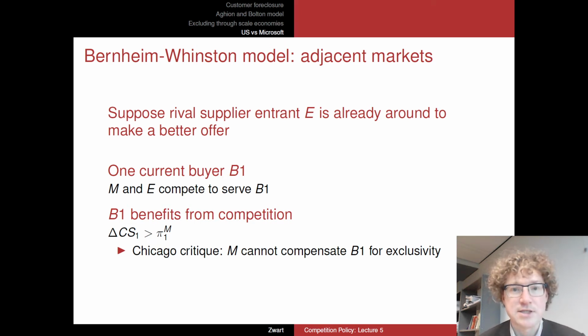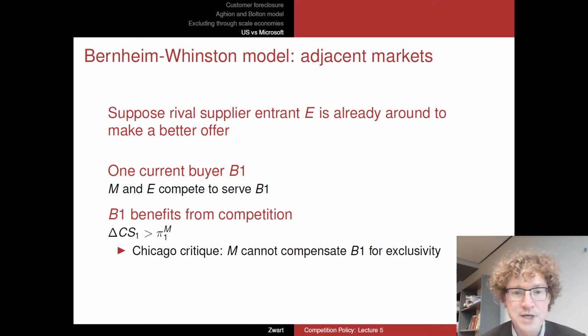This model supposes that this entrant is already on the market. This rival supplier is there to make this better offer. And there is just one buyer who is there currently. So let's call that buyer B1. So this M, let's say Microsoft, and E, let's say Netscape, will compete to serve B1 with their respective browsers. And let's assume, of course, that B1 benefits from this competition, right? So the buyers benefit from there being a lot of competition among these different browsers. So in particular, there is additional gains, additional consumer surplus for this buyer